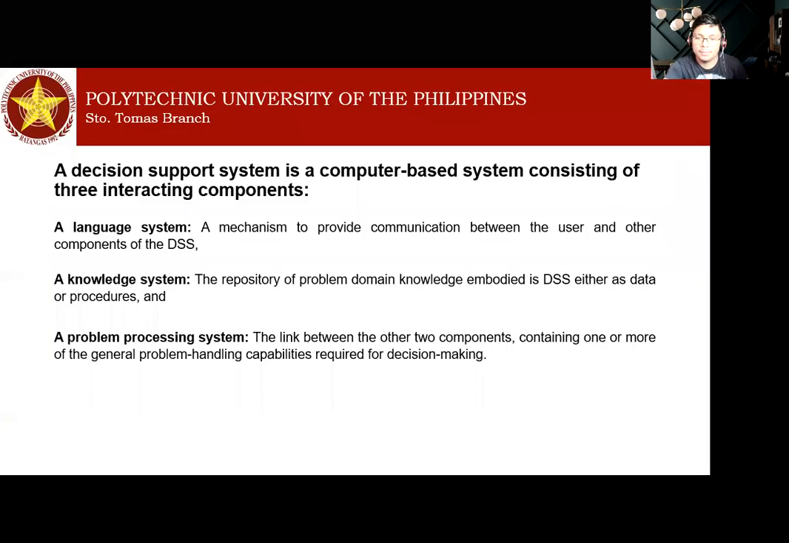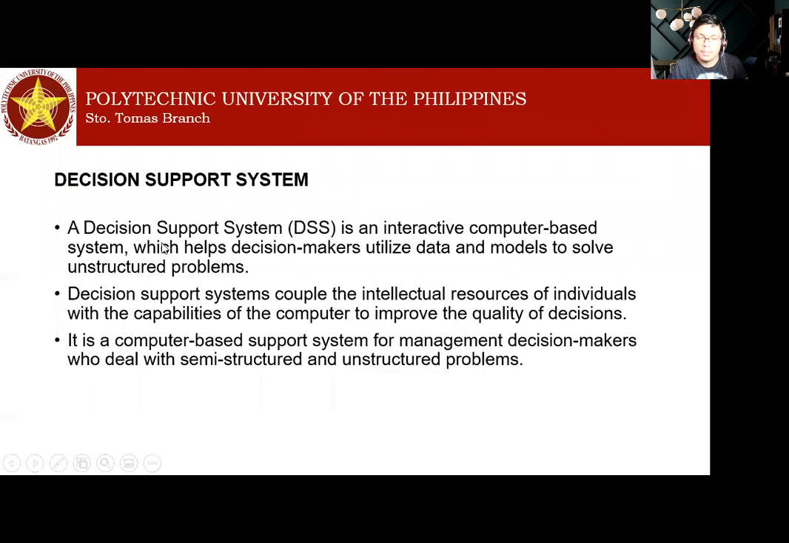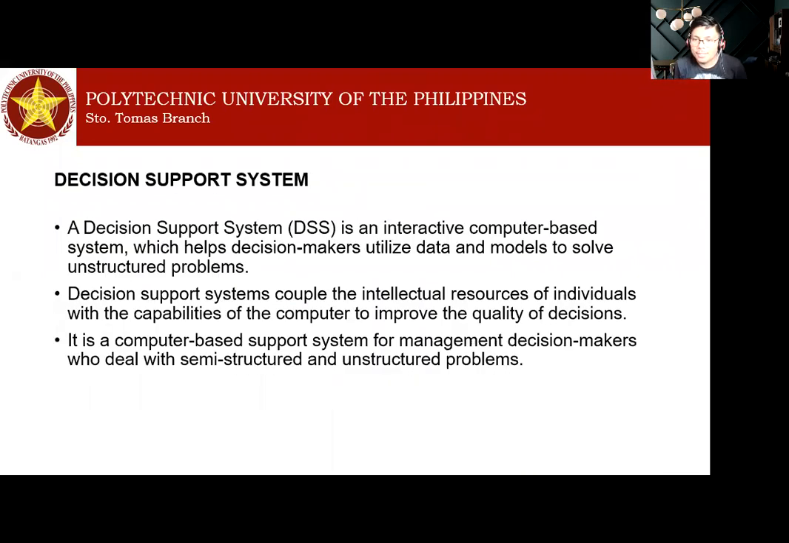Okay. After we discuss the transaction processing system, we are now going to move to our decision support system, or the DSS. DSS, or Decision Support System, is an interactive computer-based system which helps decision makers utilize data and models to